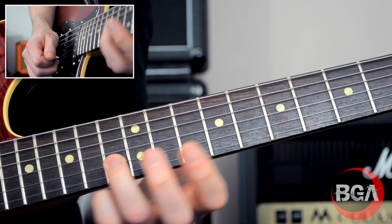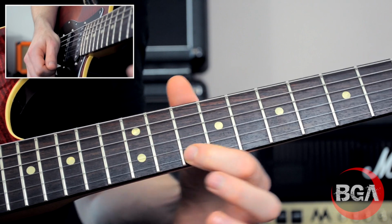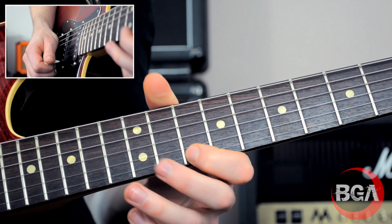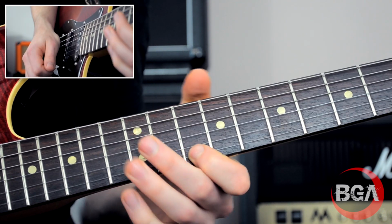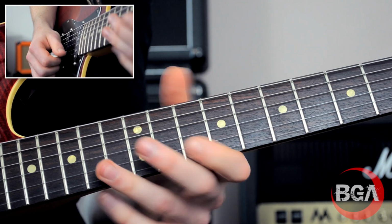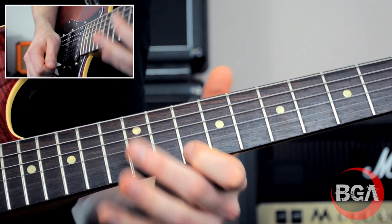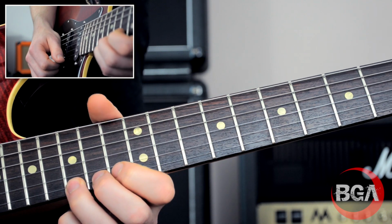Okay? Then we're here, third finger on the 13th fret B string, and then back to that root note, which is the D, the 10th fret of the E string. So it's... Okay, then we repeat the first bit again. Except this time, the bend, we're going to go right up here to the 15th fret, give that a full tone bend,